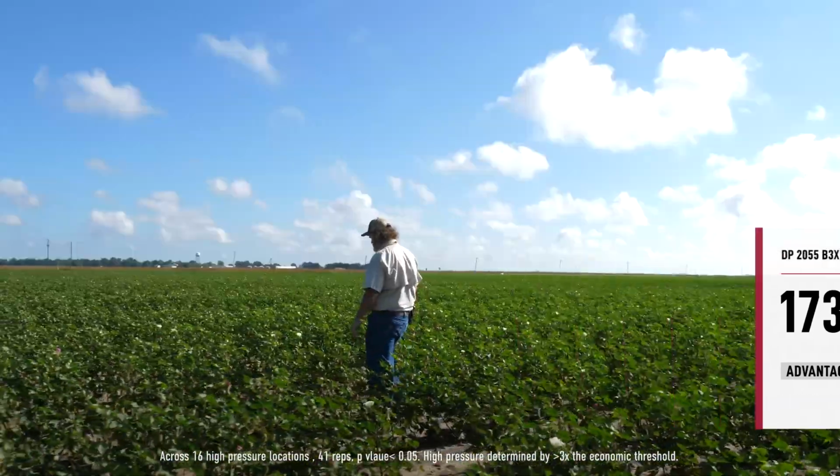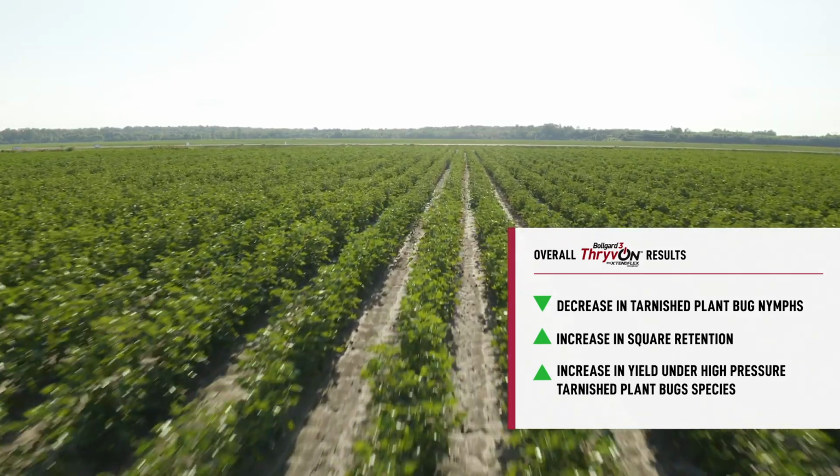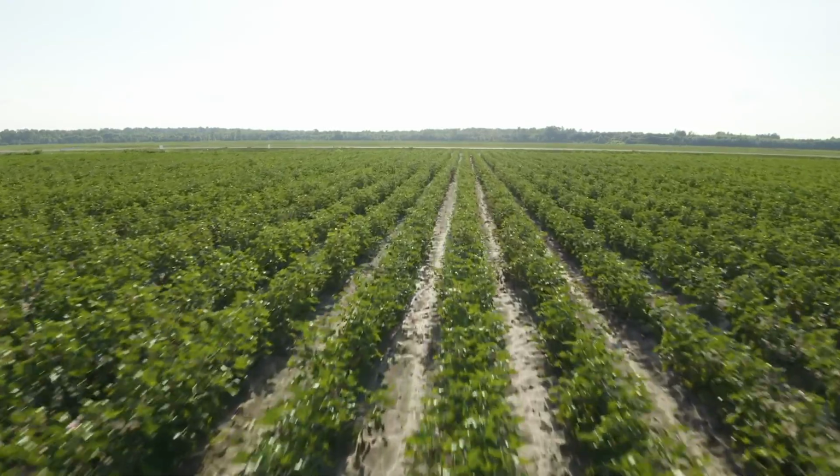So based on what we saw from the multi-year analysis that we did with ThryvOn Technology, we showed a decrease in tarnished plant bug nymphs that cause damage. We showed an increase in square retention results in the ThryvOn Technology. And we also showed a significant increase in yield under high pressure tarnished plant bugs. So depending on regulatory approval, we're excited to get this technology out to growers